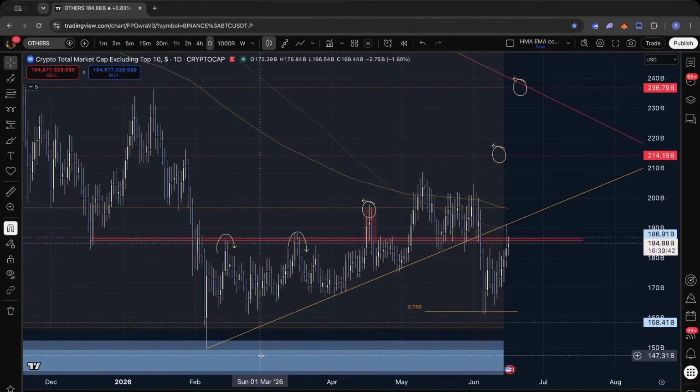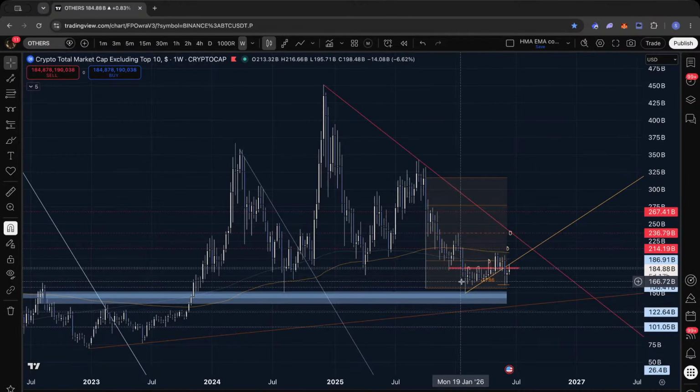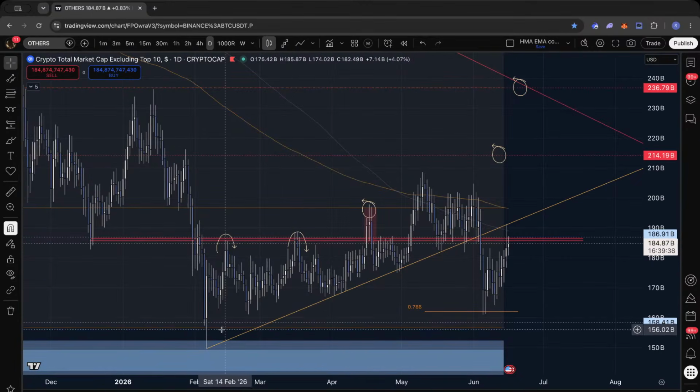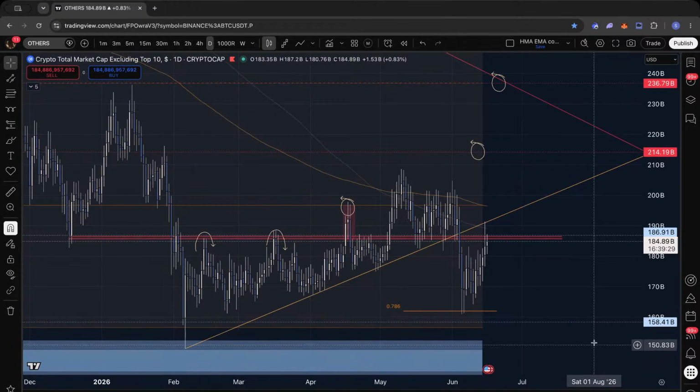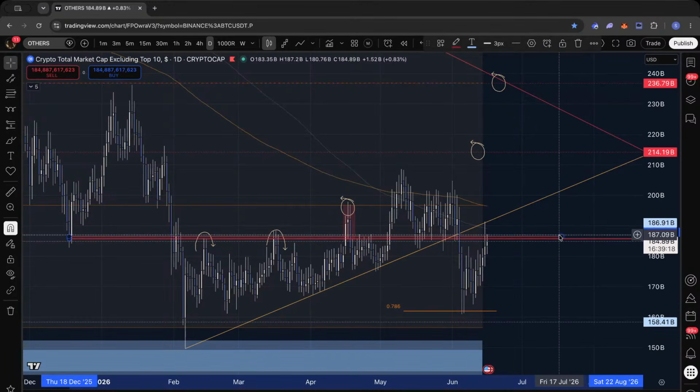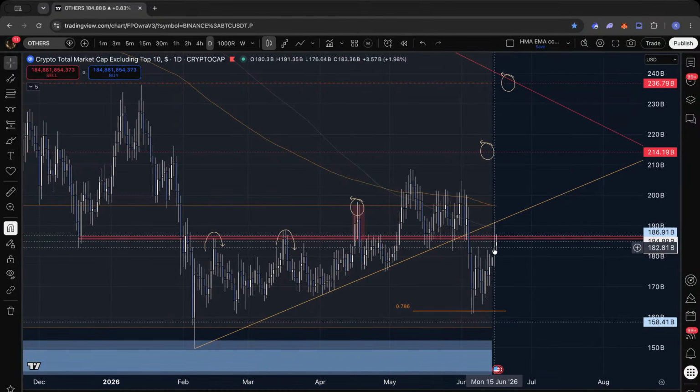The issue is that on a weekly basis we have a big week to the downside, and also on daily. So I'm expecting that this week will be retested at some point. This is why I'm inclined toward that 158 retest for the market to prove itself, that it's indeed breaking out and reclaiming. I want to see a daily candle body closing above 186.